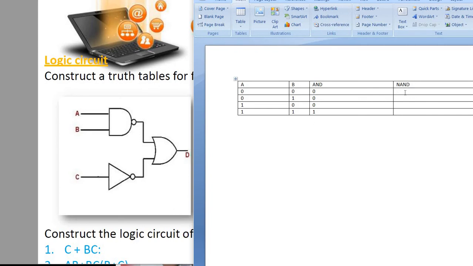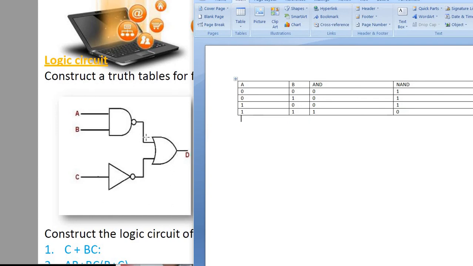It is just the reverse of AND, so 1, 1, 1 and then 0. Now you get the output of this: 1, 1, 1, 0. This is your NOT gate.